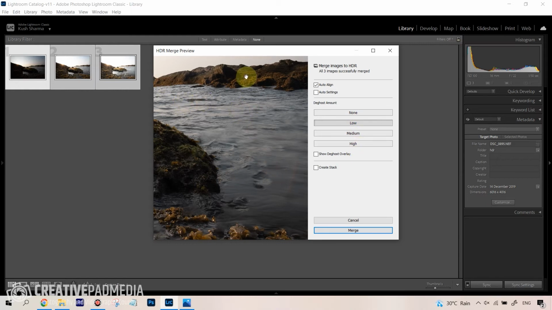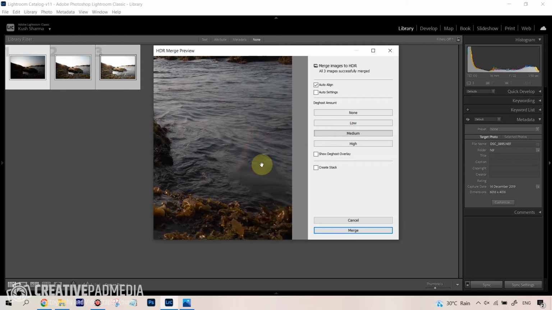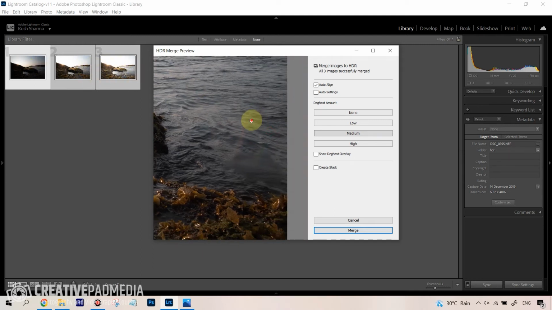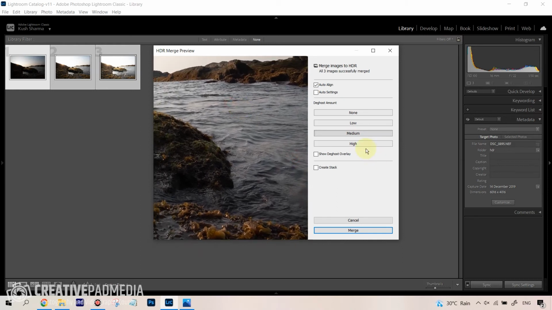It's not like a normal obstacle like a bird flying or a person coming, okay? So here you can see low is not doing a good job. Let's see with medium. With medium, it's just going to increase the intensity of what its algorithm is doing. But here also you can see we get this bad looking patch. What it's trying to basically do is combine the different parts of that water from different images, okay? And you can see if I click on high,